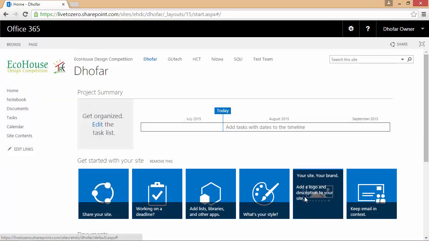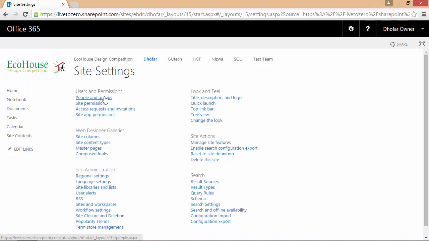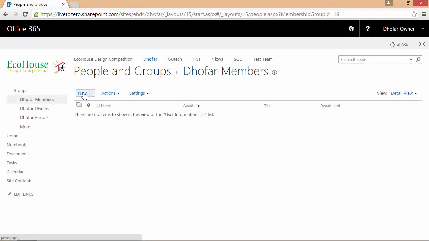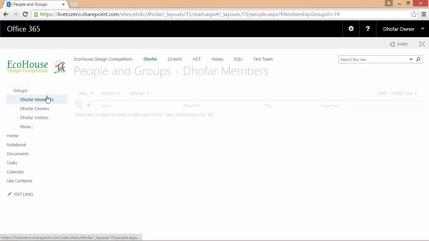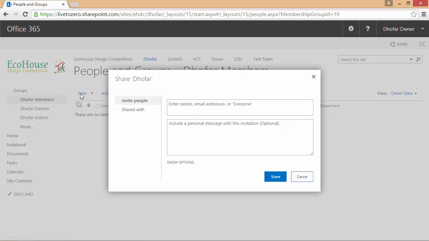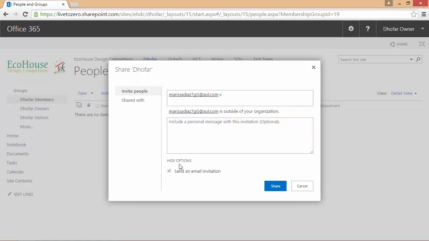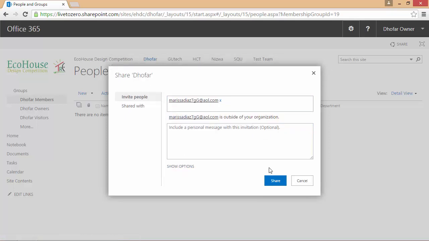adding a new user. Method number 2 is to click the gear at the top of the page and go to Site Settings. On the Site Settings screen, click People and Groups. Next, make sure you're viewing the group that you want to add Marissa to. In this case, we want to make her a member, so this is fine. To bring up the Site Sharing dialog box, click New. To invite Marissa, enter her email address. Note that the option to select owner, member, or visitor is not available here because we're already in the member